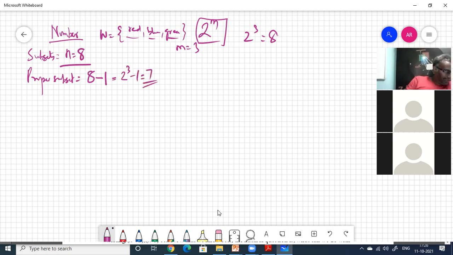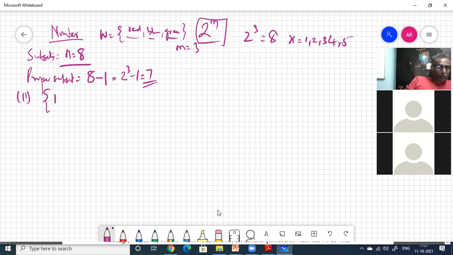Okay, now the second one, Sandhya, you tell me. The number of proper subsets of the following sets. This is set builder form. First, tell me the set. The set is made up of x squared, such that x is a natural number and x squared is less than or equal to 100. So x is 1, 2, 3, 4, 5, whatever, but x squared is in the set. What is 1 squared?